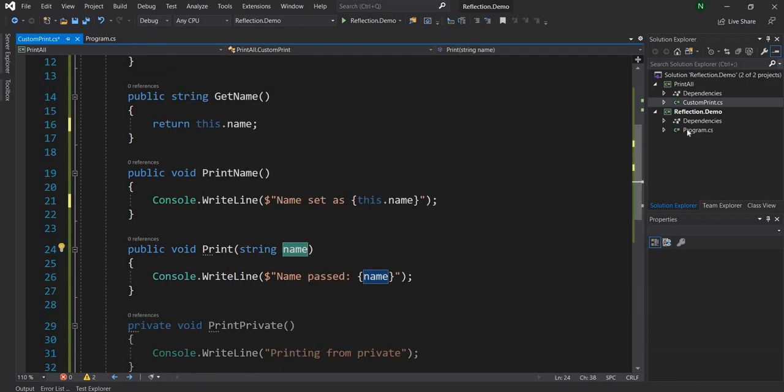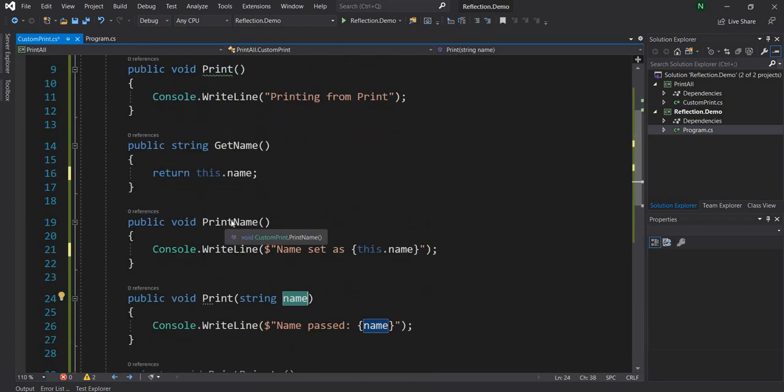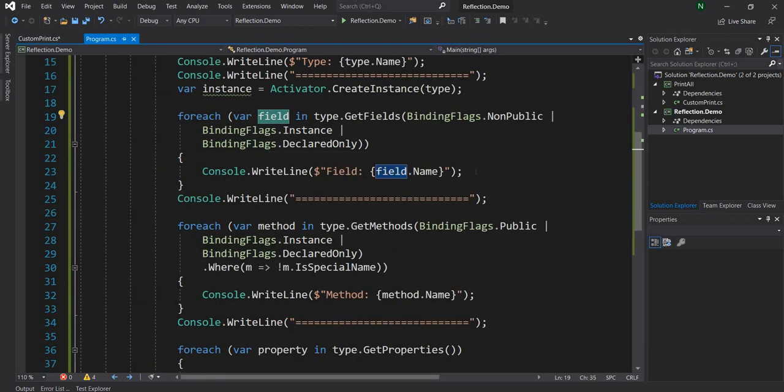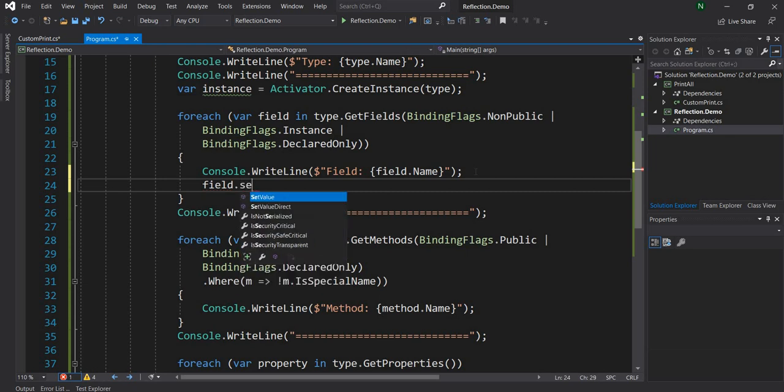Okay, so now if we set the field here, once we set the field, when the PrintName method is called, it will print the name that we have set, and also the GetName method will return the name that was set. So for setting the field, what we are going to do is field.SetValue,